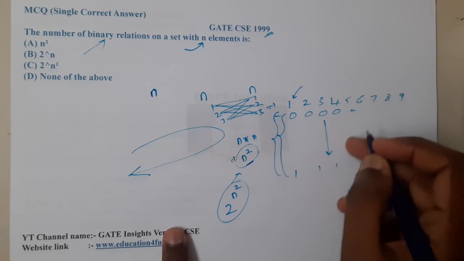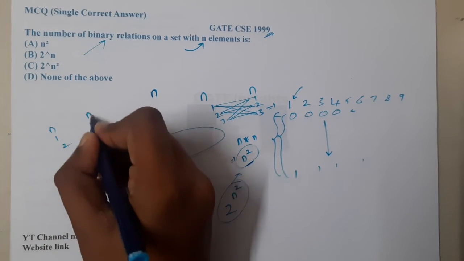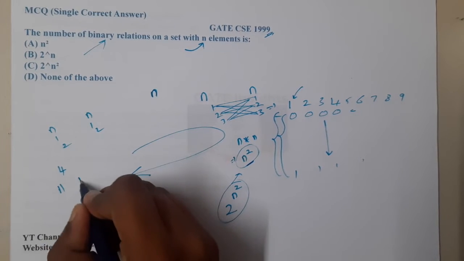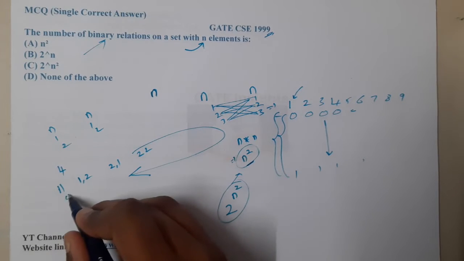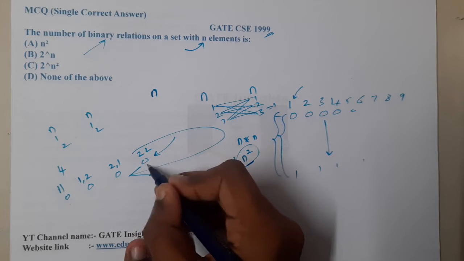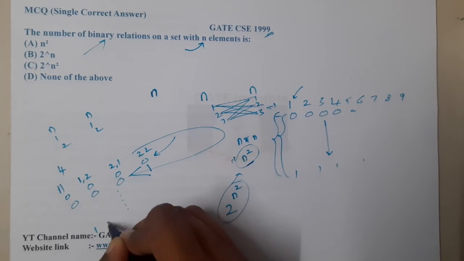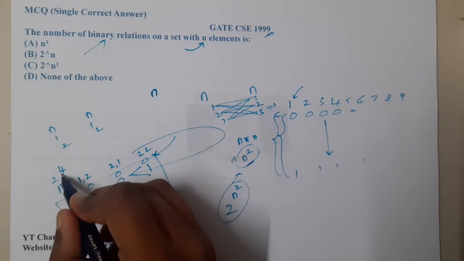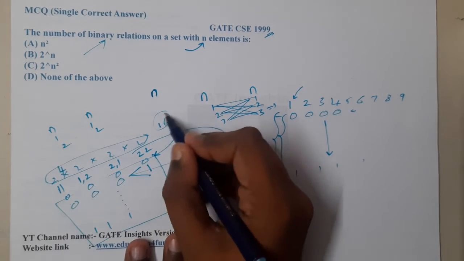If you want a smaller example, I will explain it. Assume that there are only 2 elements in set 1 and 2 elements in set 2. The possible pairs will be 4: 1 1, 1 2, 2 1, 2 2. These 4 might be absent, so the empty relation could be there. Similarly, in a relation only this one will be there, so 0 0 0 1, and so on up to 4 ones. How many combinations will there be? They are nothing but 2 into 2 into 2 into 2, which is 16. So here we will have 16.